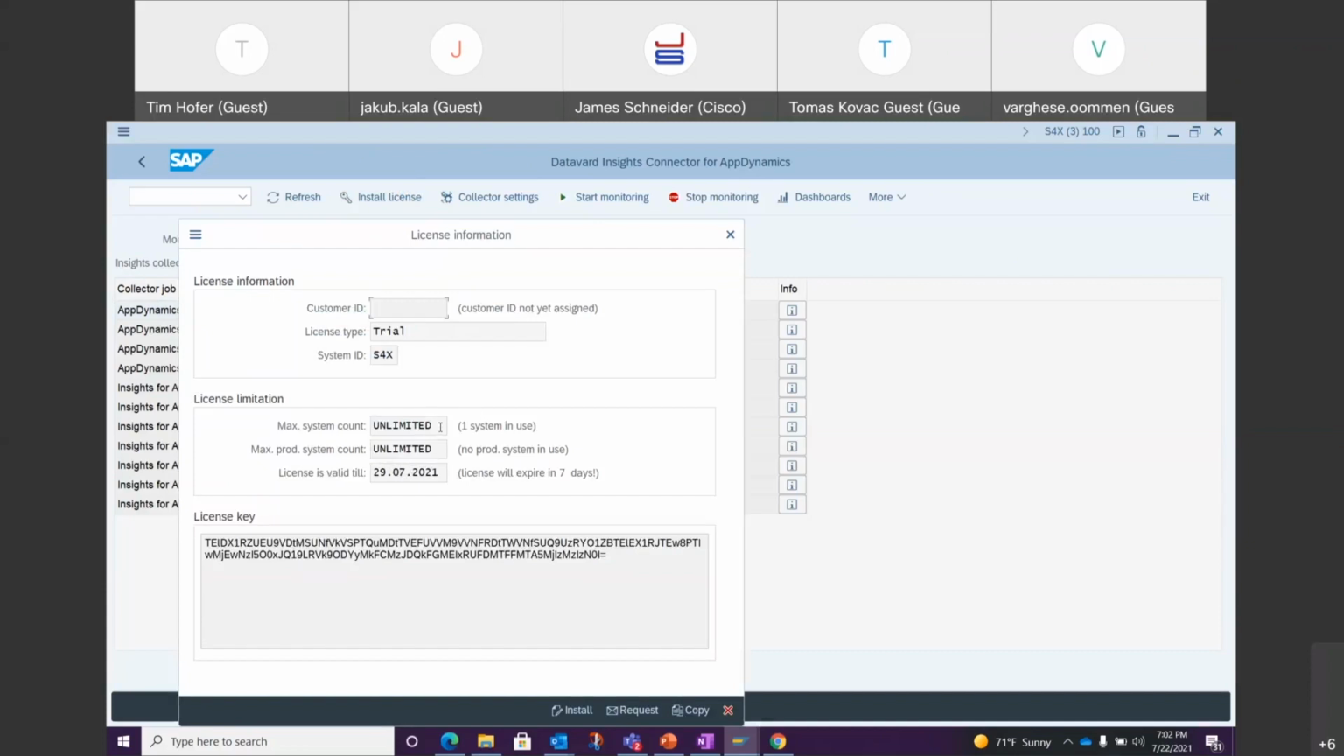And the license is valid till 29th July, which is not okay. Well, it expires in 7 days, but we should be fine with this. Oh, I don't know. This is weird. Well, okay, I will check internally, and to be honest, I don't know how to solve it right now. But in the meantime, if you could open